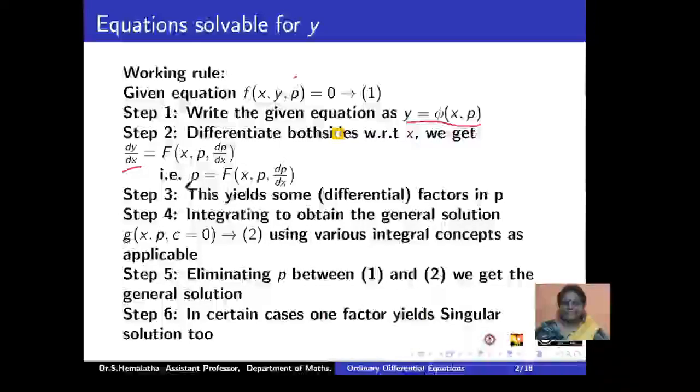So when we pull out all the dp by dx terms and the other terms to one side, we can see that it comes to some factors in p, which you can solve further, discussing your general and singular solutions. In the dp by dx discussion, when it involves dp by dx, we'll get the general solution, and any factor in p directly yielding a function of x and y, you can deal with as your singular solution.